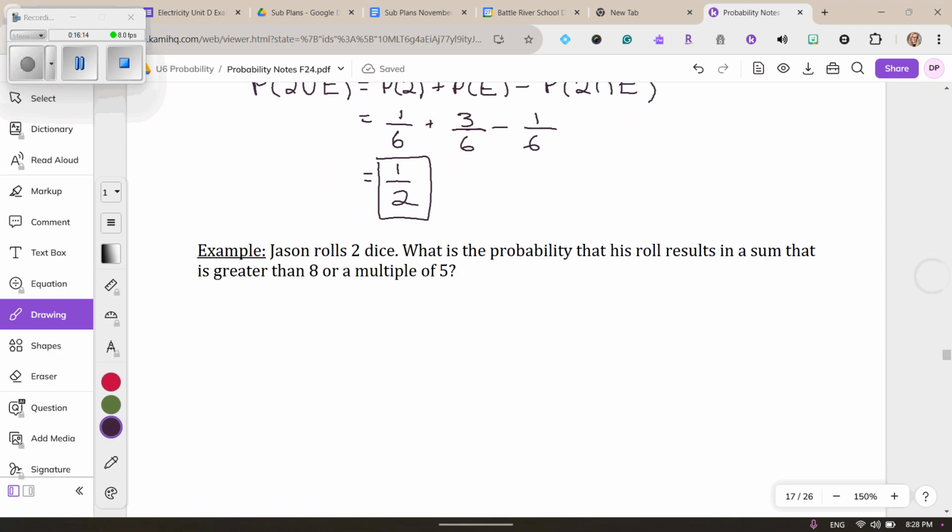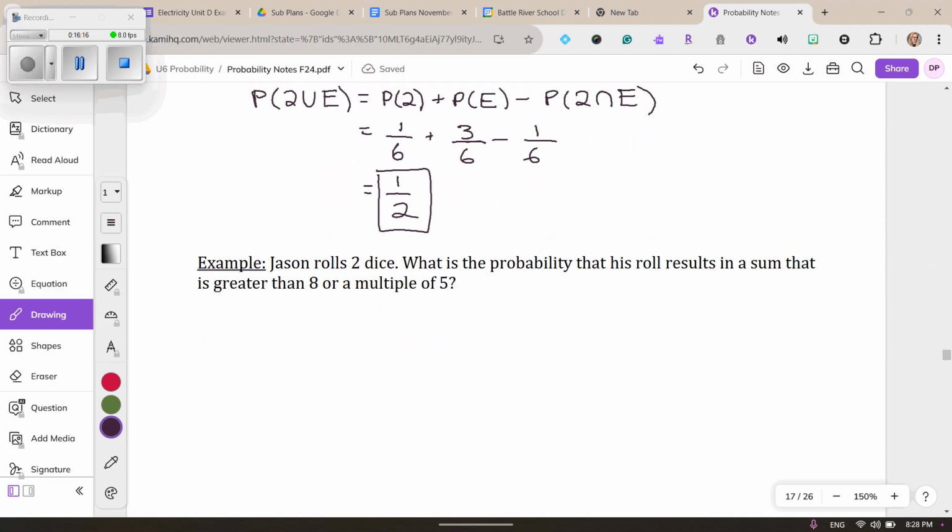Okay, we have one more example to go. Jason rolls 2 dice. What is the probability that his roll results in a sum that is greater than 8 or multiple of 5? So we're rolling 2 dice and we're looking at the sum. The only way to do questions like this is making that sample space. So we did this the first class,